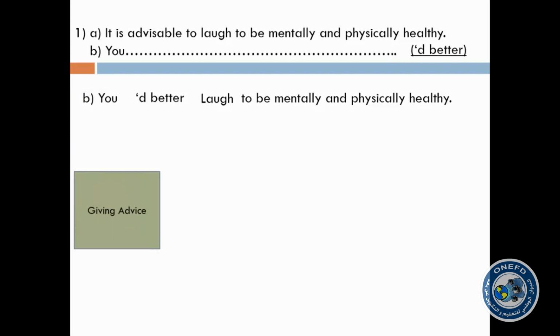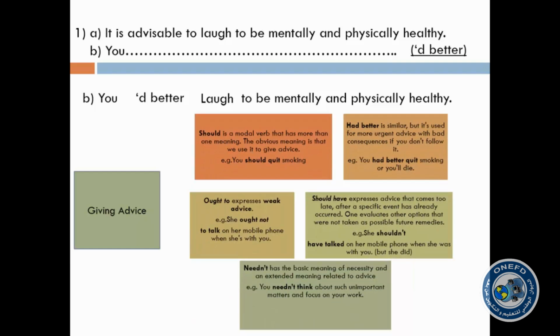It expresses advice or given advice. We have already seen this last time, but I would like to refer back to it again and consolidate it in order to see the difference between it and should, ought to, should have, and needn't. So we have here had better plus stem. We did not use should or ought to or needn't or should have, because